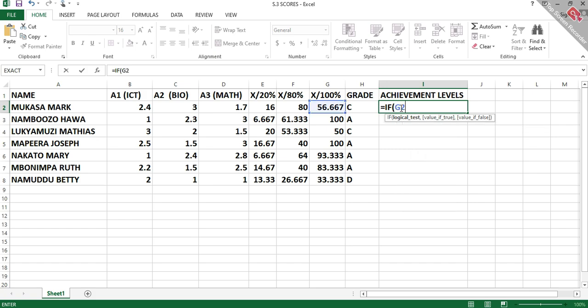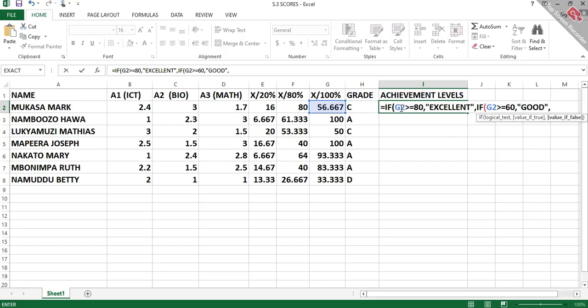If G2 is greater equal to 80, comma, we are saying this is excellent according to the support file. Use the support file. Comma, we proceed and say if G2 greater equal to 60, comma, open quotes, this is good,